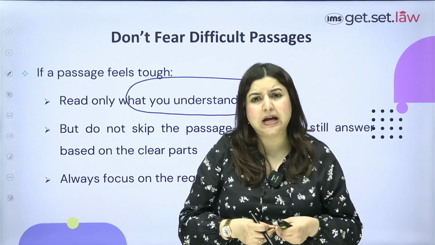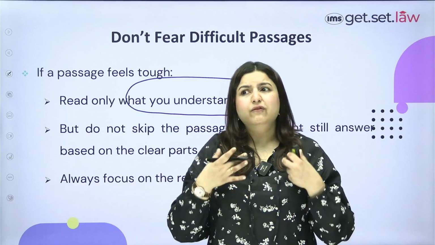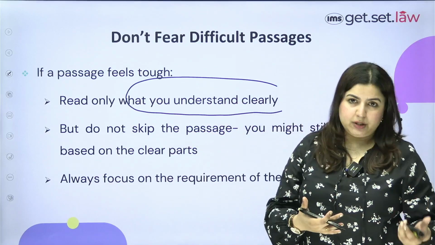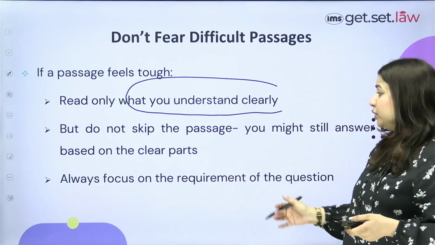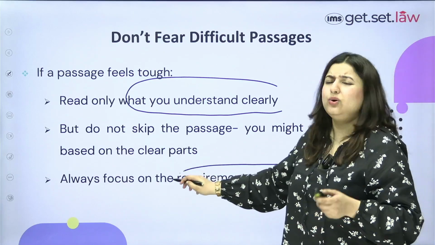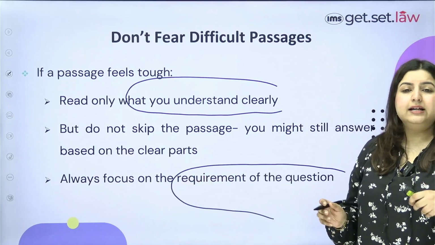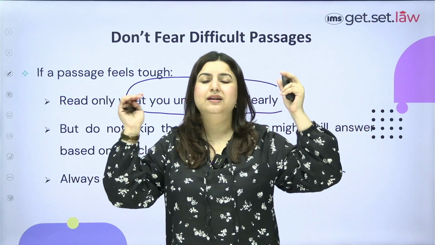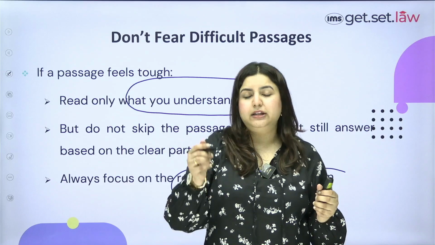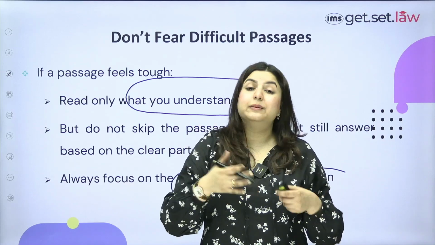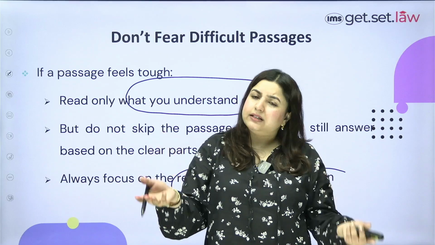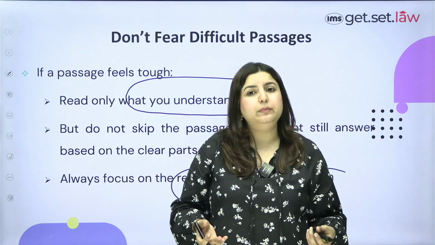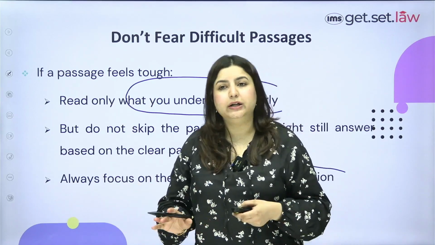It can be a question on vocabulary. It can be a question on figure of speech, which according to me is more objective in nature, right? It does not require subjective interpretation also a couple of times. Always focus on the requirement of the question. Yes, always focus on what the question asks, right? And then you can locate the question, especially in case of a specific detailed question. So maybe there's a statement given in the passage and the question asks you to tell the implied meaning of the statement. What you can do is just locate the statement in the passage, read a couple of lines above it, a couple of lines below it, gauge the overall meaning, and then choose the correct option accordingly.